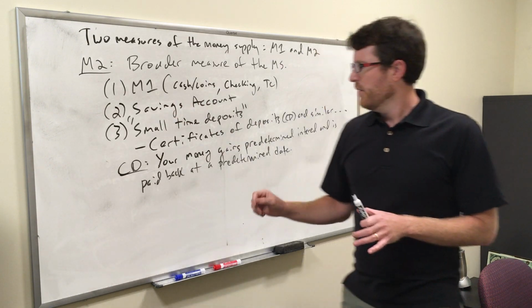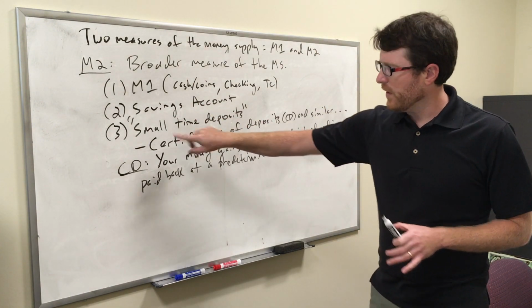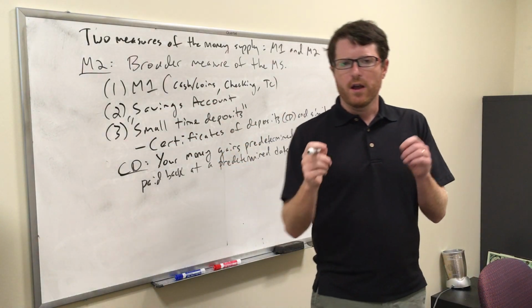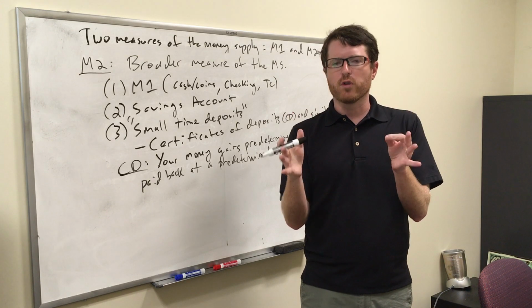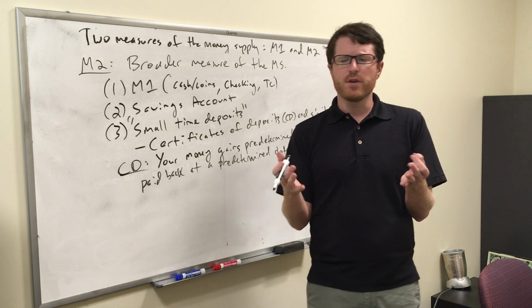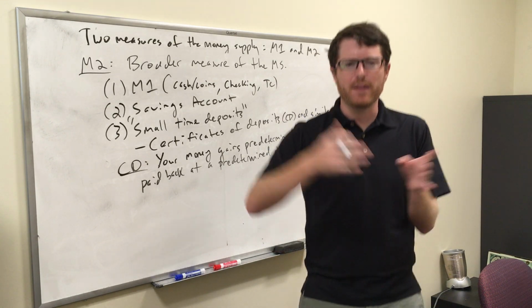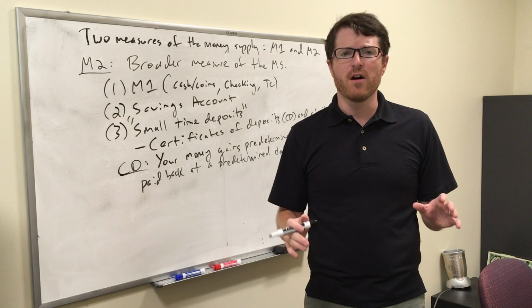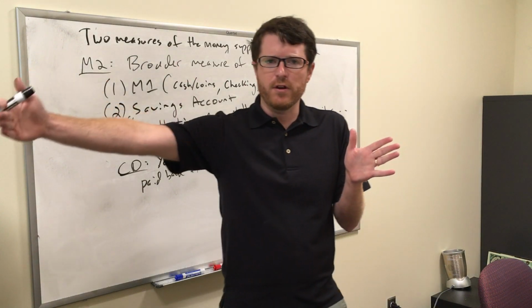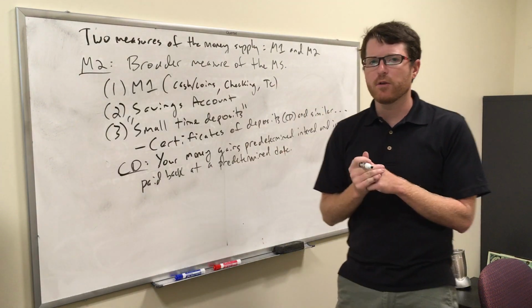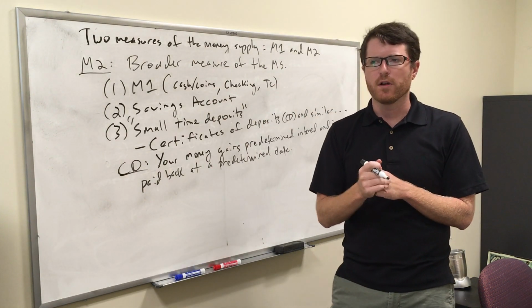All right? So small time deposits refers to things like these CDs, and the small time refers to the fact that this only includes CDs that have a short window. I think it's 3 months or less. So for example, you can buy a 30-year CD where you get paid 30 years from now. That is really illiquid, right? It's not liquid at all. If I'm not going to get my money until 30 years from now, it's very hard to spend that money today. But CDs are pretty liquid because I know I'm going to get them in the future,